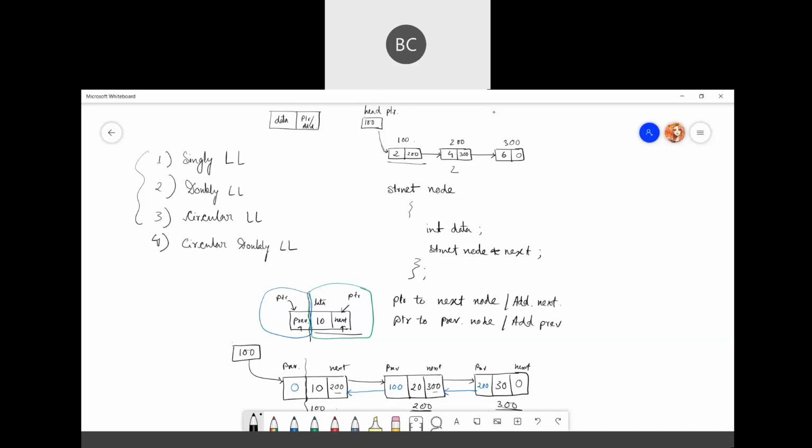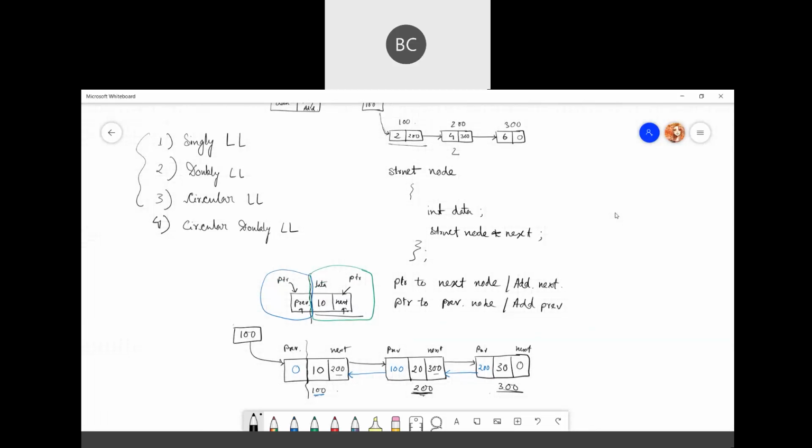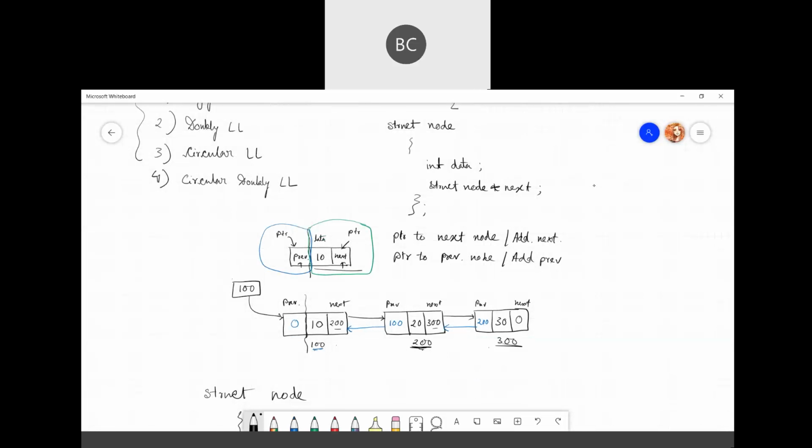Maybe your linked list is long; you have to go to the previous node before deleting anything, because you can only access everything one by one. But here we have the information about all the nodes: the previous node and also the next node. We have the address of both nodes, forward and backward. So it is easier for any reverse lookup process.